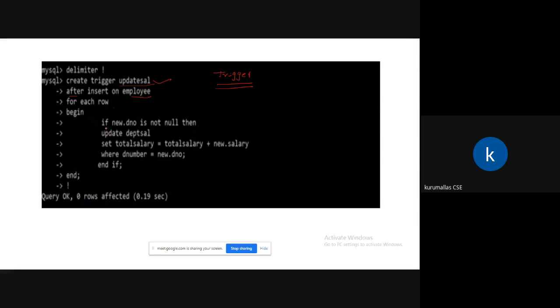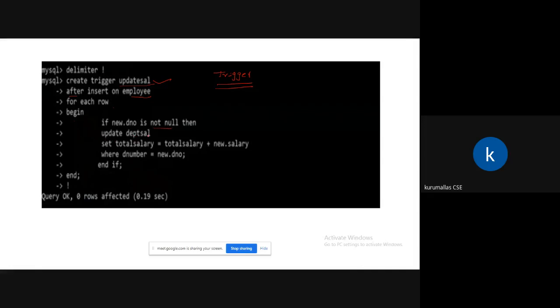Begin, if new dot department number is not null, then we have to update a salary.